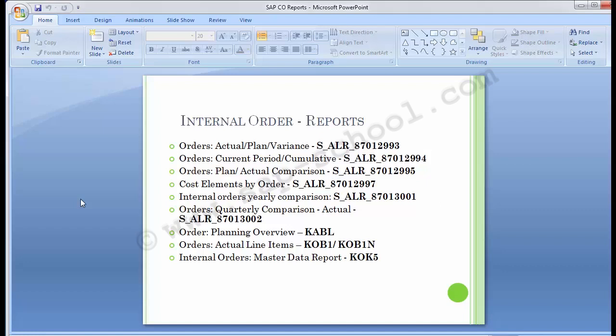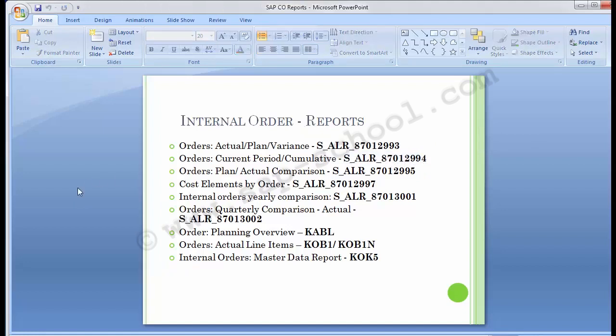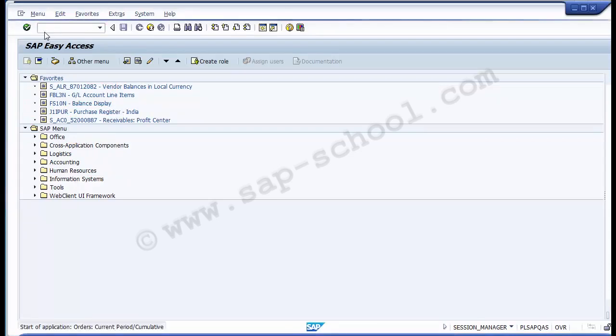So those things are a call which the internal management needs to take. So moving up to the next report, order current period versus accumulative. The second report is S_ALR_87012999. So moving to the second report now, this will show you the comparison from the current period to the